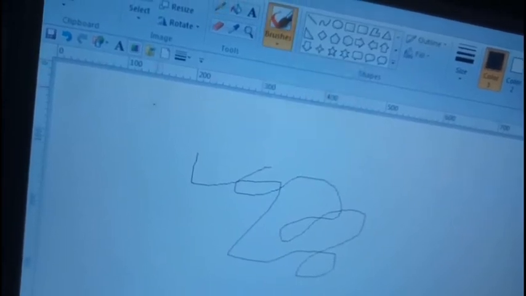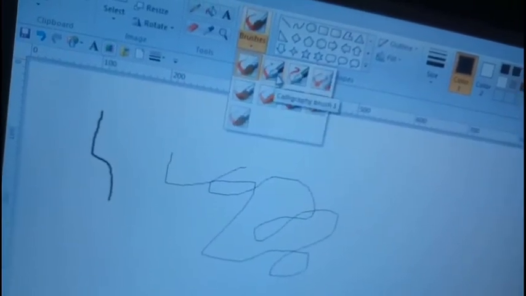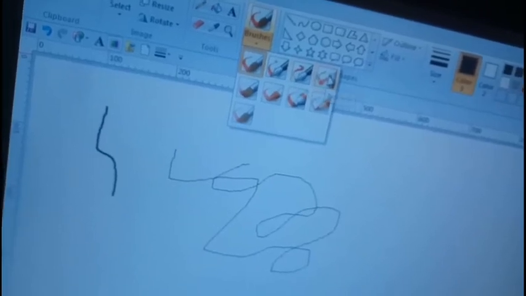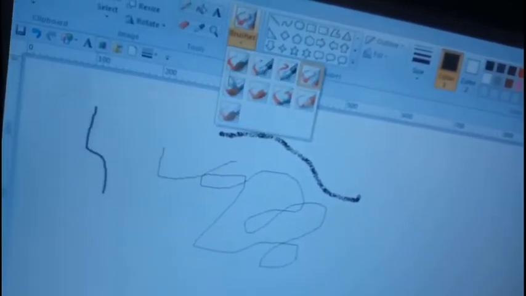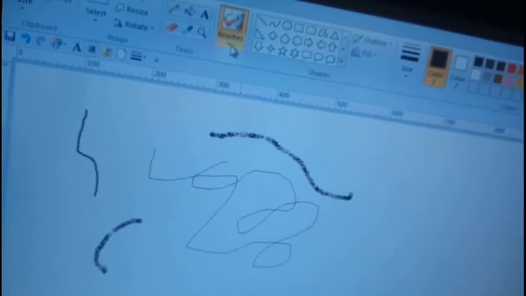This is the ordinary brush. This is the pencil brush and the calligraphy brush. This is nice. This is airbrush. Okay. This is the oil brush. Sorry, we did not choose correctly. That was airbrush only.